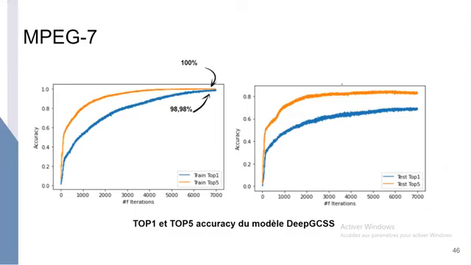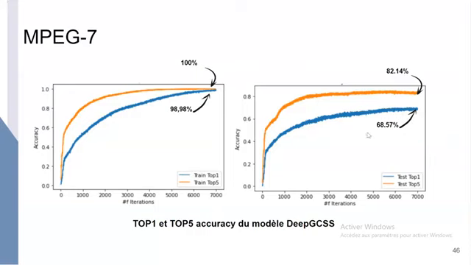And when it comes to the evaluation for MPEG-7, we are measuring the top 1 and top 5 accuracy of the model. For the training data set, we have top 1 at 98.98% and top 5 at 100%. When it comes to the test data set, for the top 1 we have 68.57, and for the top 5 we have 82.14. So mainly it has a good performance, but if we focus on the 68, or let me say 69%,